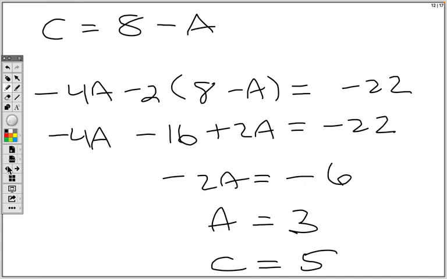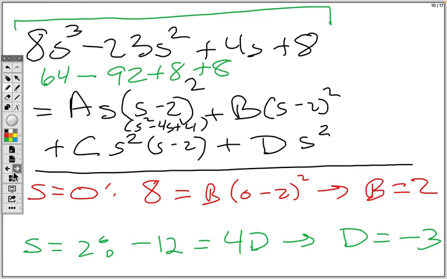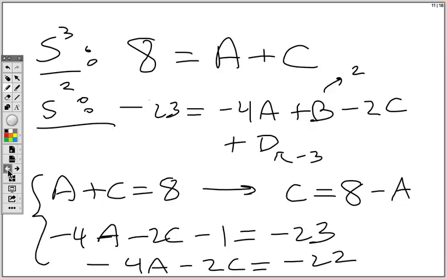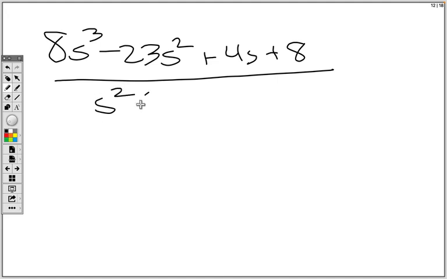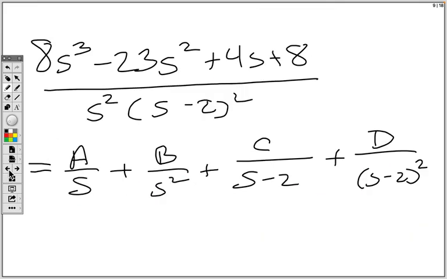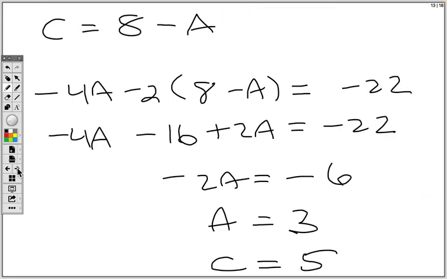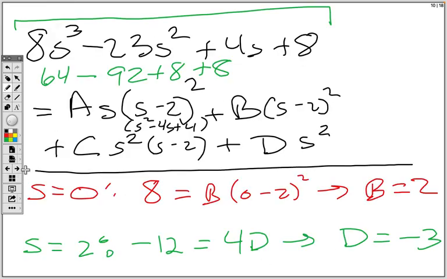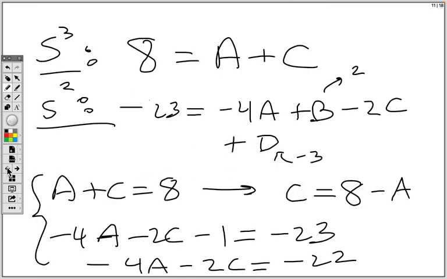So now we go back to the partial fraction decomposition. 8s cubed minus 23s squared plus 4s plus 8 over s squared times (s minus 2) squared is equal to this: a over s, so 3 over s, plus b over s squared, plus c over s minus 2,